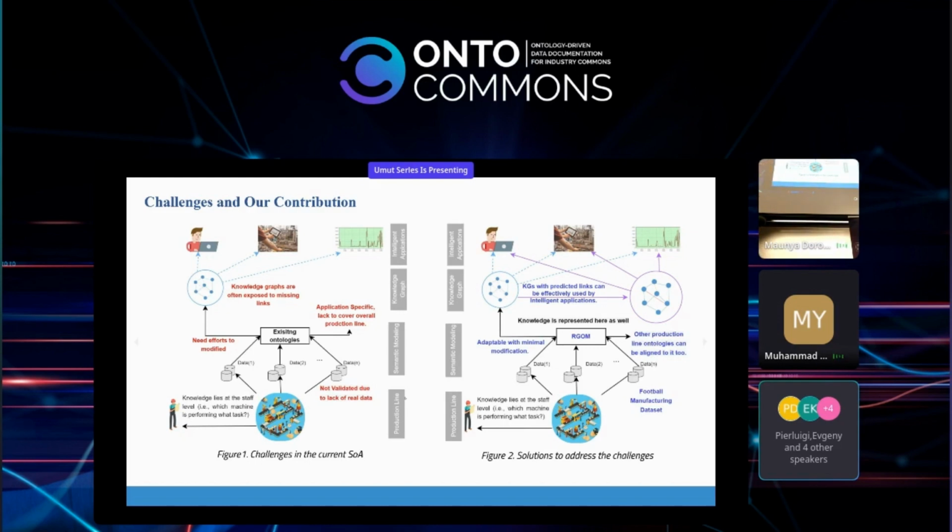Okay, they are very specific to some applications, and they are unable to cover the production line. There are some issues with real data sets not being available for validation purposes, and the knowledge graphs built on top of these ontologies sometimes have missing links. So you see on the right side of the figure, which is figure 2,